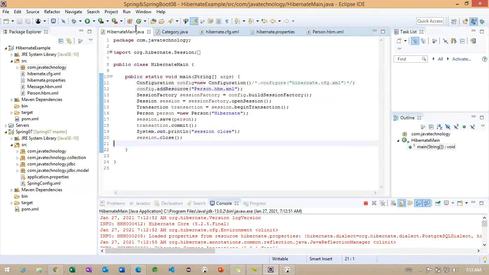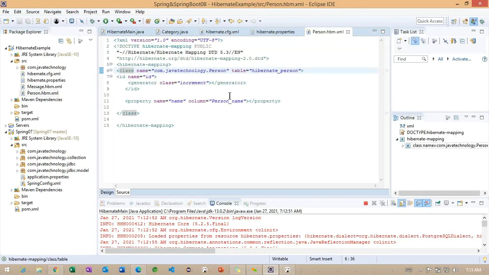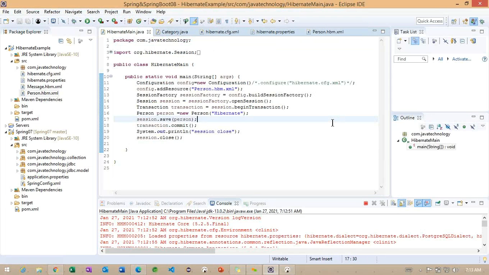The table is already created. Anything we are missing? Let me check. Hibernate person. Okay, same thing. But what happened? Add resource config.